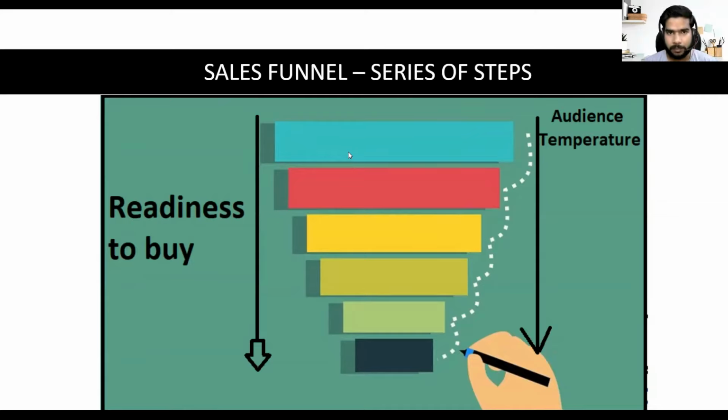Let's take a real life example. You are visiting a dentist. The dentist won't sell you the main product directly. Let's say they have something called RCT, or maybe some cosmetic surgery. They won't be selling you those things directly, right? So when you visit a dentist, what is the process? First you will go there. At the reception, you will fill a form. They'll check all the details.